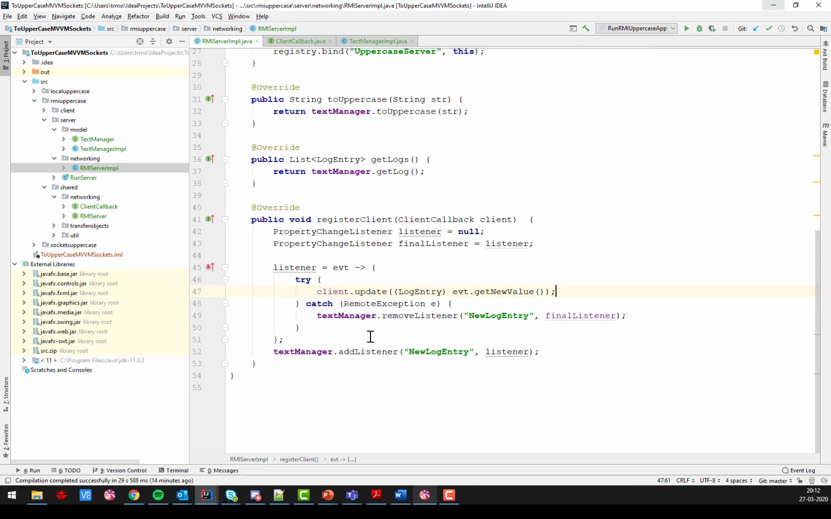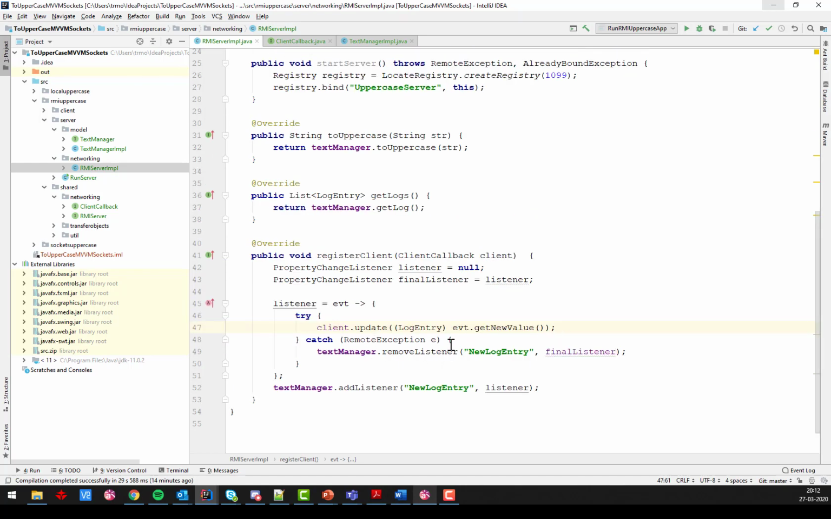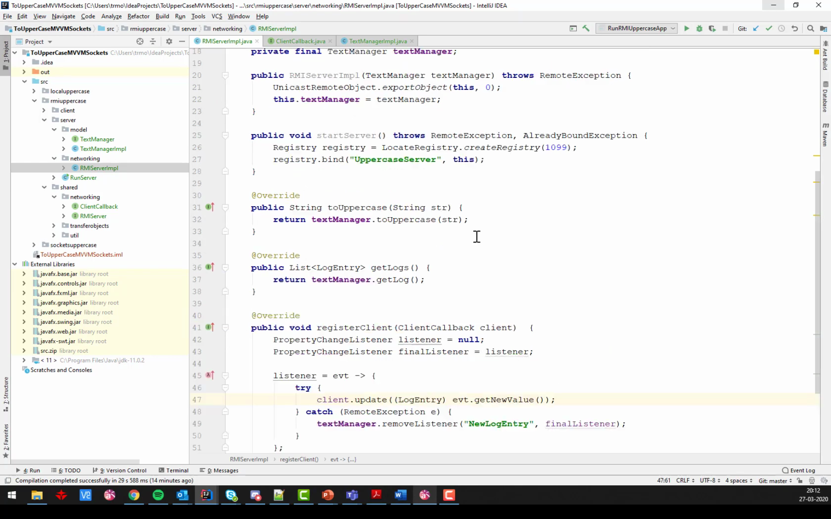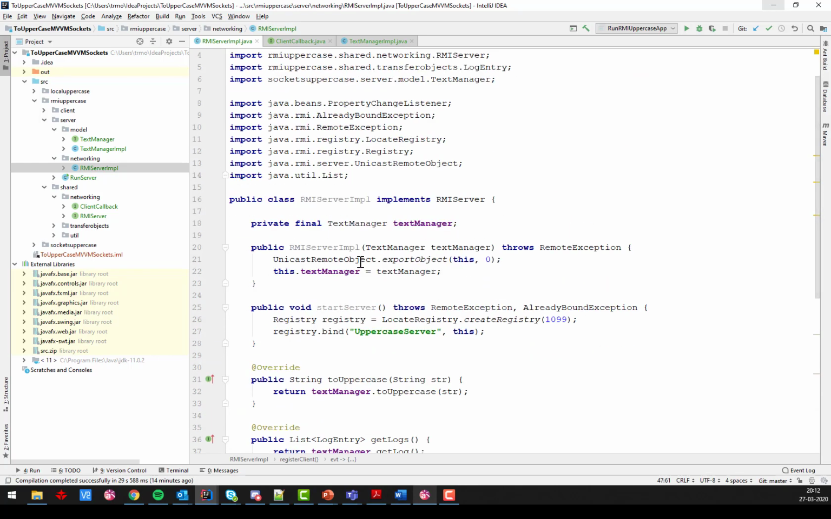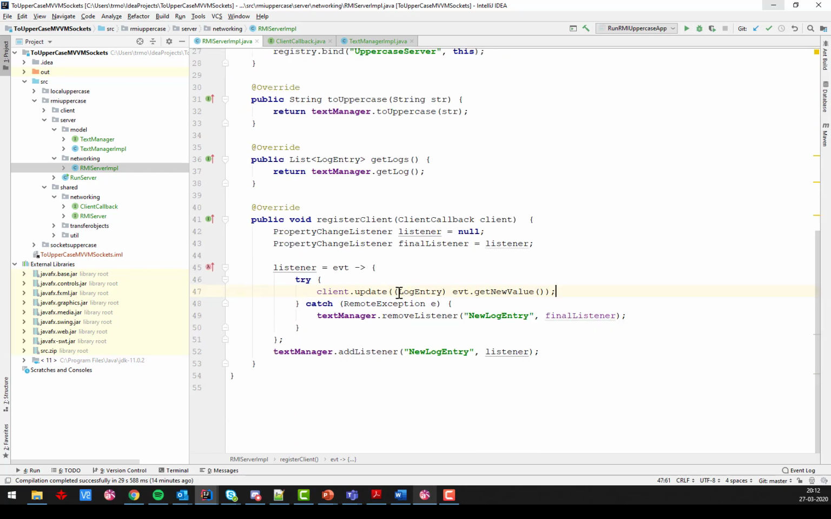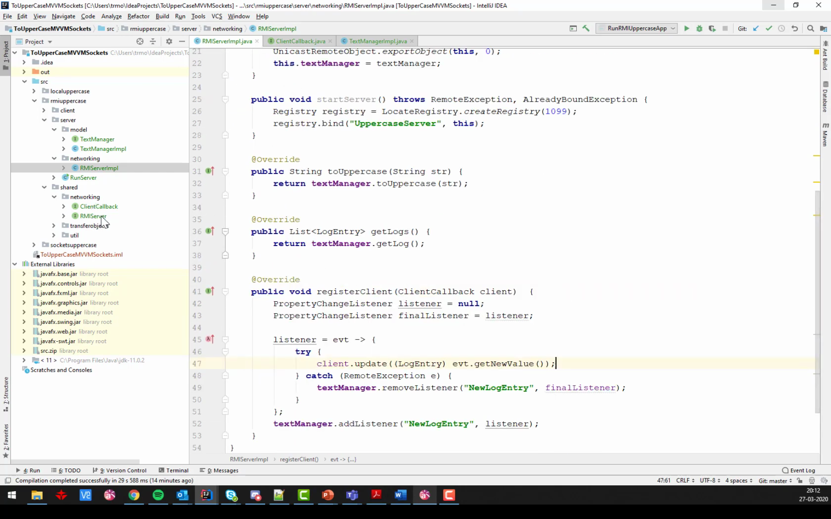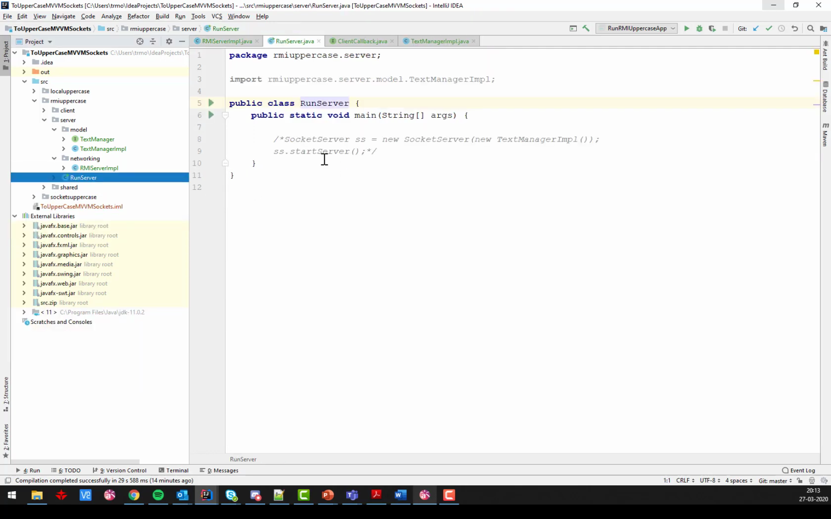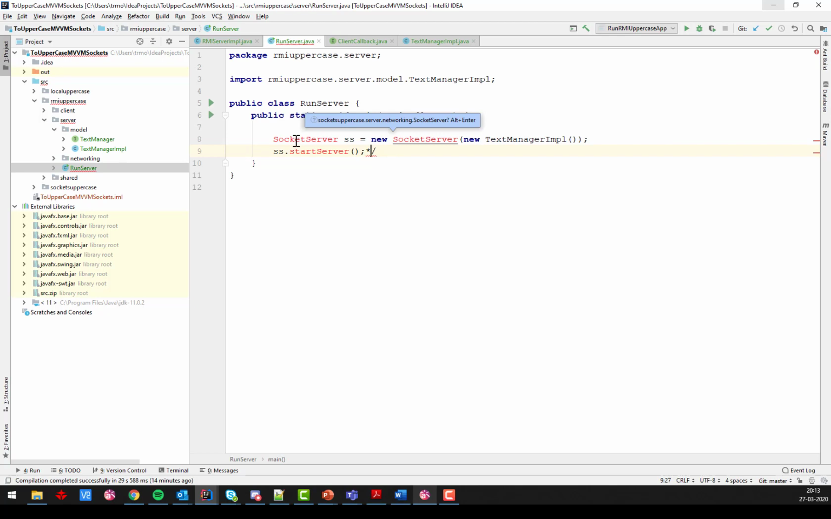Word of warning, or disclaimer: I haven't actually prepared this example, so let's see how it goes. It's always a bold move. But I do believe that is my server side. I have made a new RMI server, and I just need to fix this part. So instead of a socket server, it is now an RMI server,